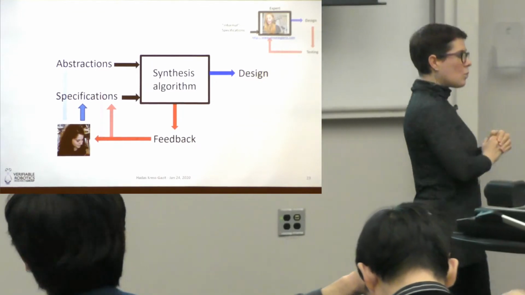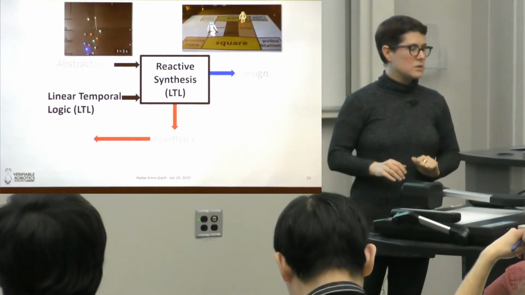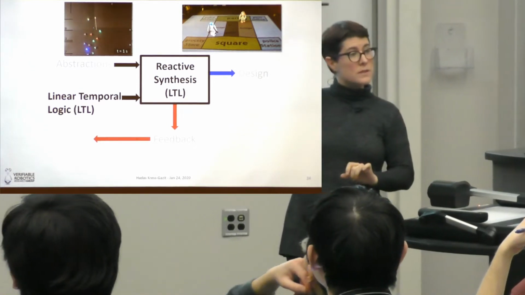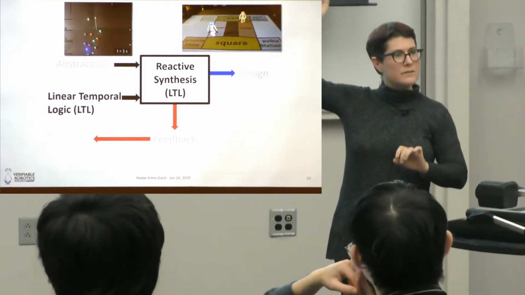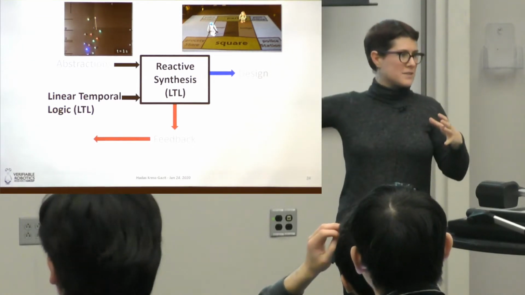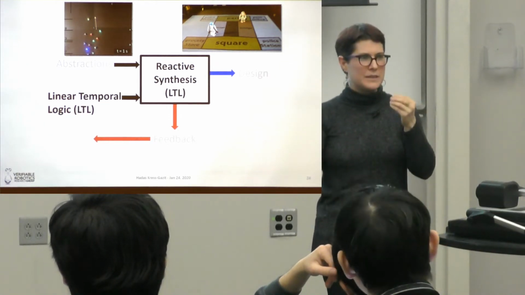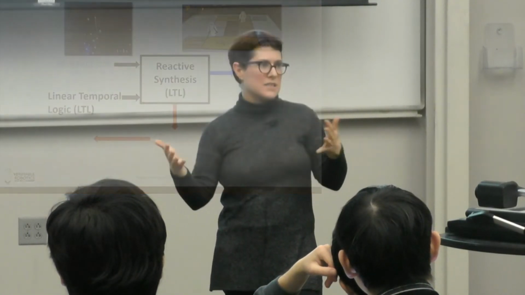All right, so what I want to do now is talk a little bit about the abstraction synthesis side in the context of swarm robots, and a little bit on the synthesis itself and how we need to change the synthesis algorithm to accommodate physical robots or physical environments that have some uncertainty in them. And I don't mean probabilistic. I'm not talking about distributions. I'm talking about the fact that a robot is moving around and some things might happen that I didn't expect. So that's what I'm planning on doing. I'll talk about the swarms. Hopefully I'll have time to talk about the other, and then I'll wrap up.